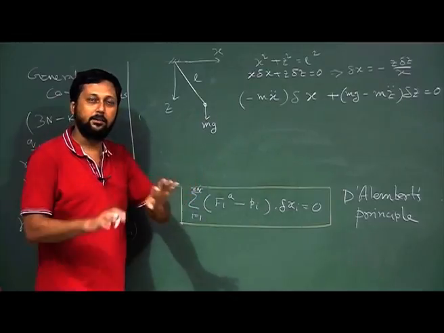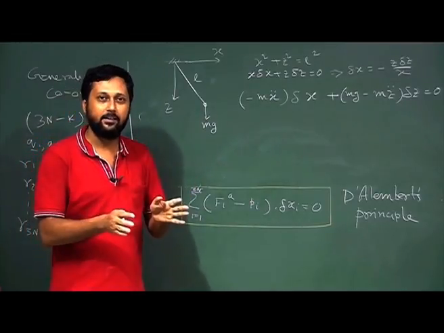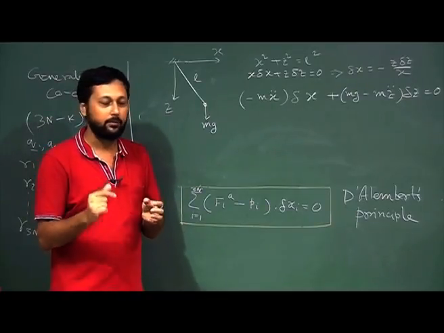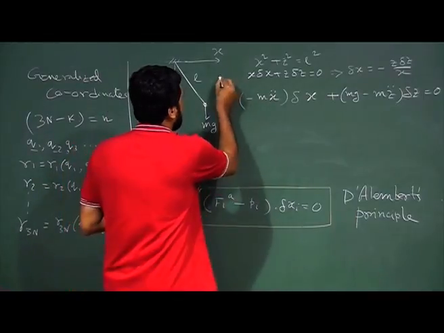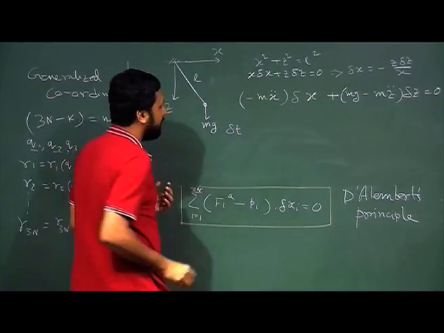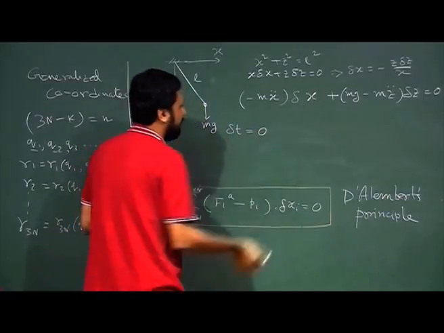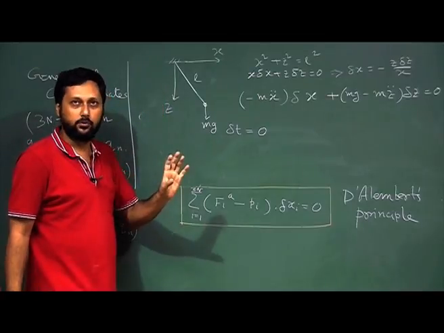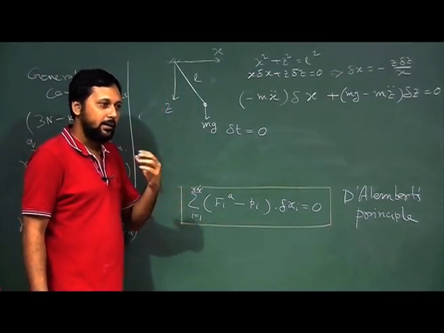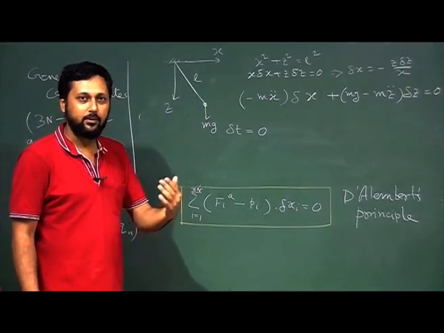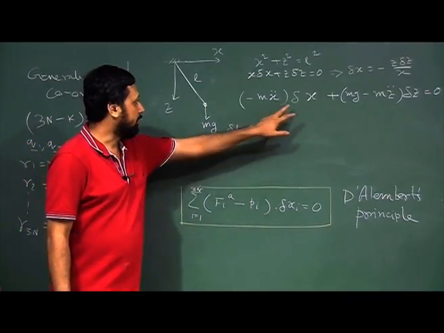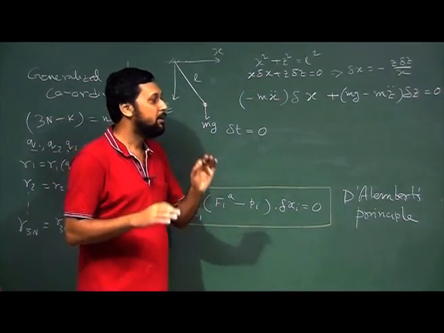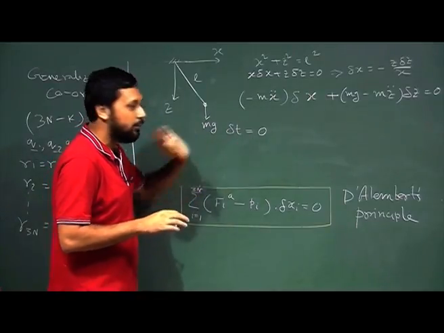delta and d have similar properties when it comes to standard differential operation. It is just a differential, but it is a virtual differential, because anywhere we encounter a delta t, we uniformly put it equal to 0. So, delta t is always equal to 0. Keep that in mind and just apply any standard derivative operation. When we are using virtual displacement, use it as if it is a normal derivative, and make sure that whenever you see a delta t, put that equal to 0.